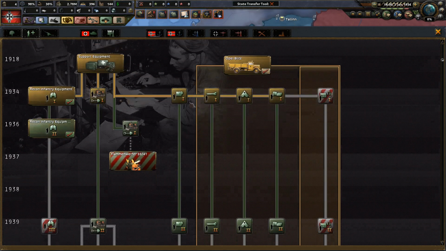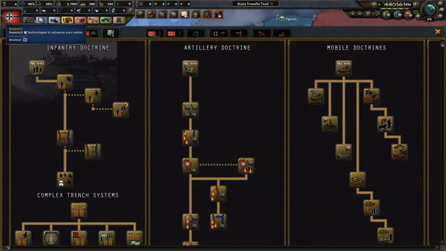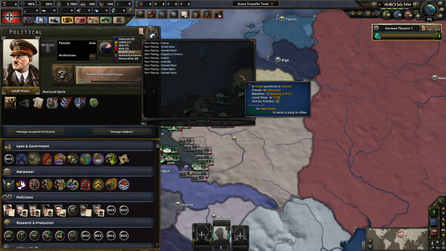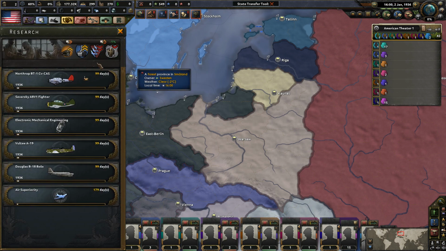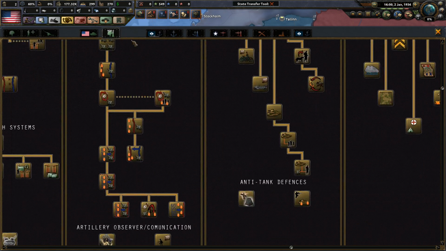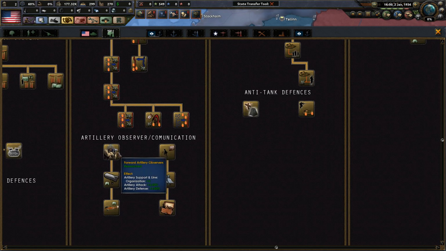Good job. I don't know. If we go ahead and look at the USA, can you get World War II army doctrines? Kind of important stuff. It takes a while to switch, much longer than in the normal game. I wonder why exactly that is. I think it's because there's more things that it needs to calculate, because there's more things that the AI will do. No, apparently also the United States has...